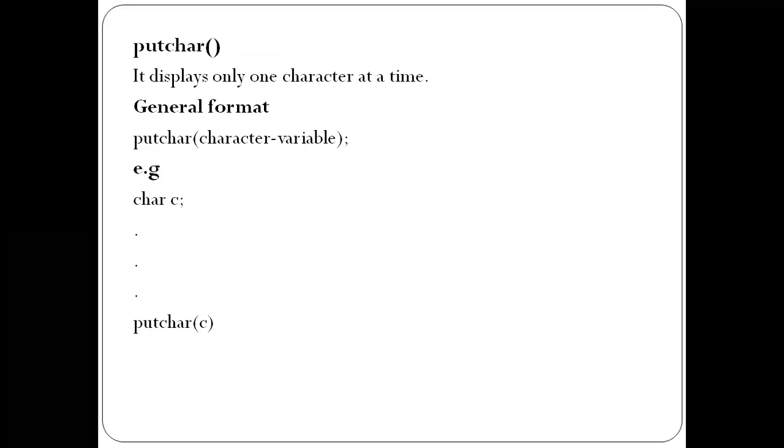putchar displays only one character at a time. The general format is putchar(character variable); with the semicolon. Example: char c; and then putchar(c);